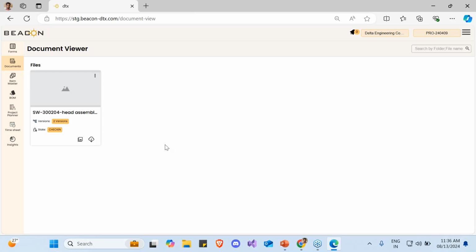Now, what about collaboration? Collaboration is more about a to-and-fro communication that happens between the vendor and the company that is working along with. In this case, it could be you and your vendors. So how do we do that? You can see there are already two versions of this document prepared, and this particular document is in check-in state. So if I want to edit, I'll check out, do modifications, and then I'll share it back. Let me just check this out.